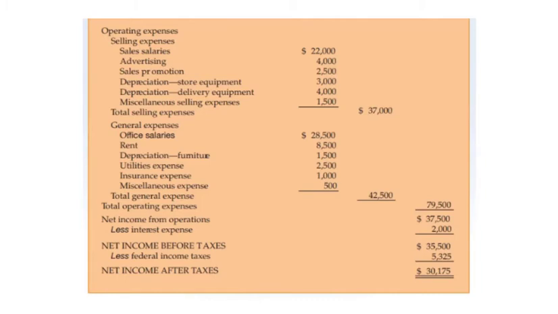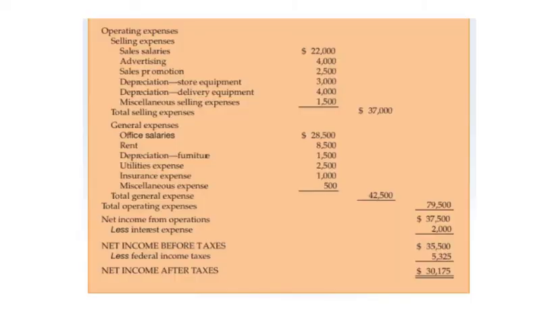$117,000. A firm's operating expenses are all business costs other than the cost of goods sold. They are generally divided into two categories, selling expenses or general expenses. Selling expenses are costs related to the firm's marketing activities. For Northeast, selling expenses totaled $37,000. General expenses are costs incurred in managing a business. For Northeast, general expenses totaled